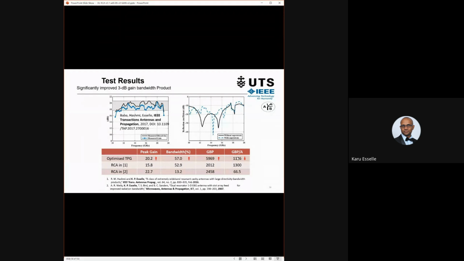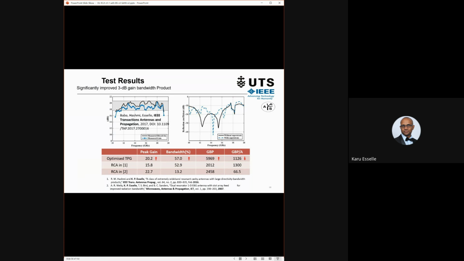Now, I said before, resonant cavity antennas have a very high gain bandwidth product per unit area. This is our first design, TPG type, that has 1300 gain bandwidth product per unit area. These are all scalable,